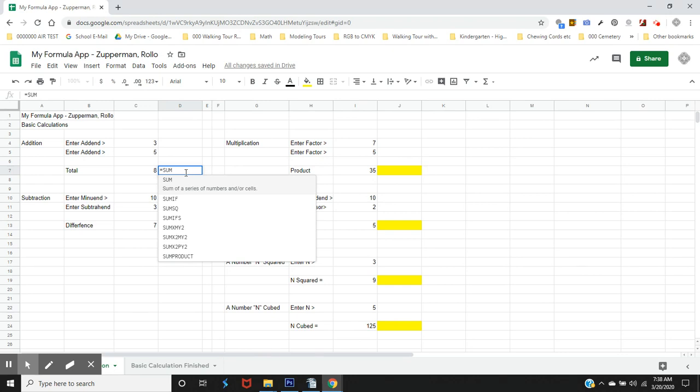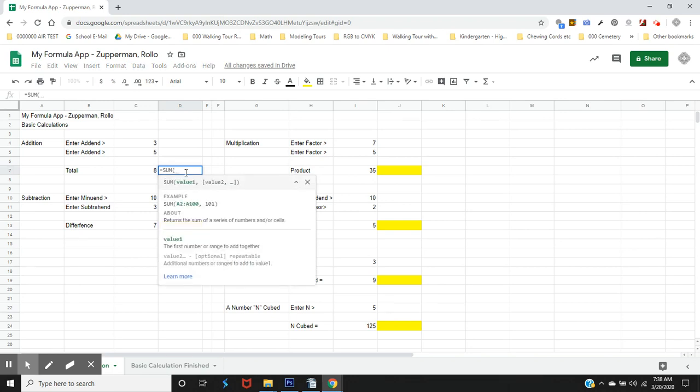All right, we've told this cell, pay attention. We want you to create a sum, but it needs to know what we want to create that sum for. We do that by first entering a left open parenthesis. That's right above the 9. I just did that. Now it's saying, what values do we want? Well, we want it to take C4,